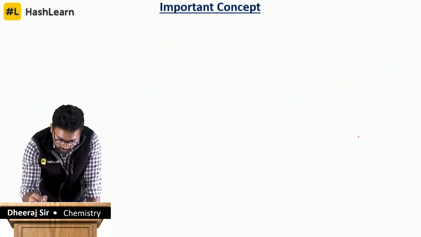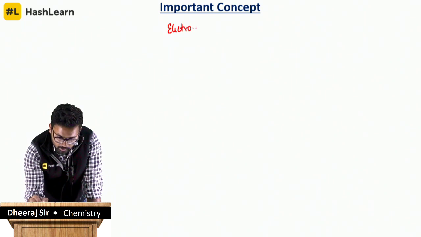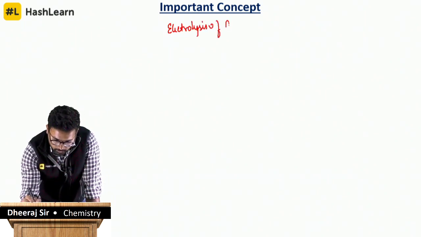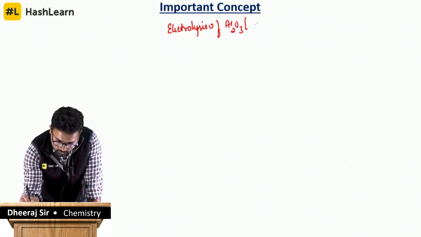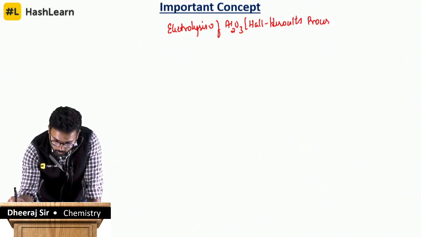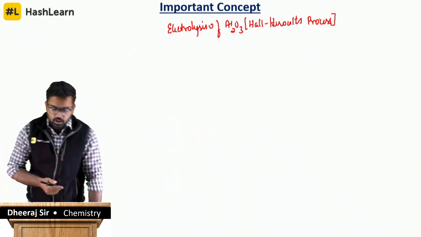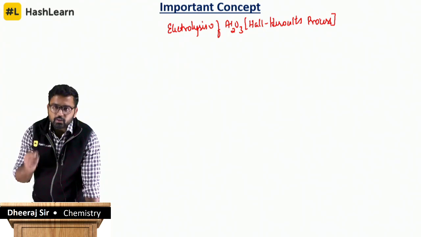the second aspect of metallurgy is electrolysis of Al2O3, which is called as Hall-Heroult's process. Again, this is a very important theory exam for your boards, 12th boards also. So Hall-Heroult's process. What happens in Hall-Heroult's process? Let us not get into the details of it, but I'll tell it to you in the form of a